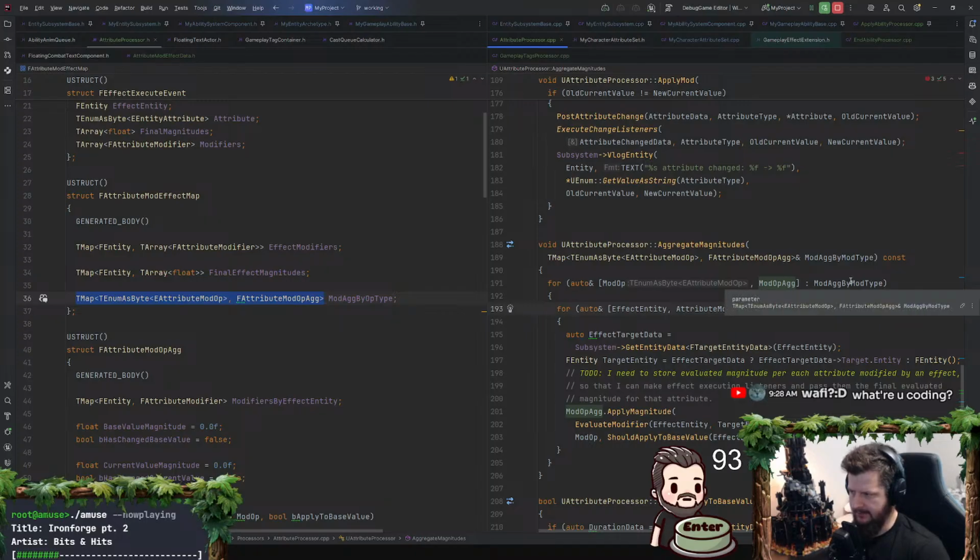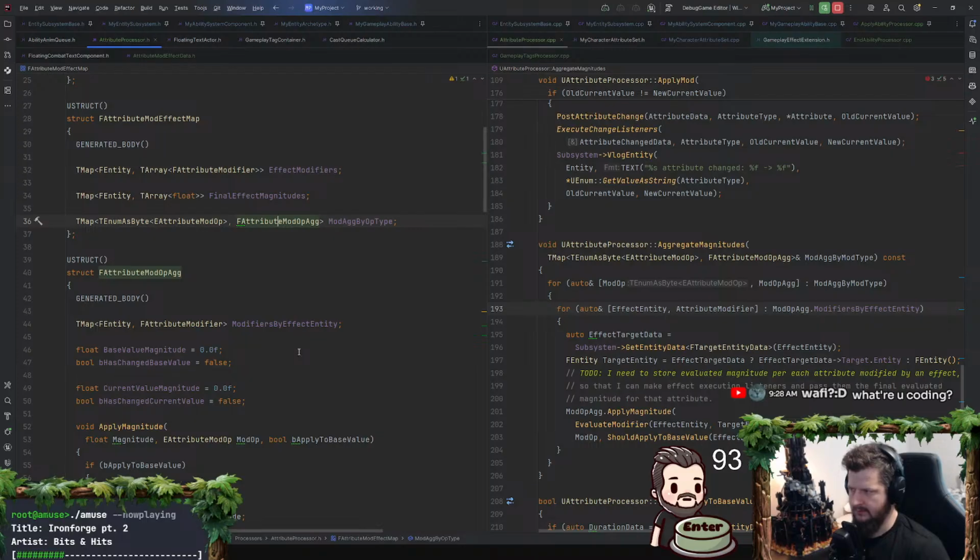Mod ag by op type. So here's our mod op ag. Modifiers by effect entity. So I guess I'm not aggregating these. Here's what I'm going to change, actually. I think we should be storing everything by entity here.